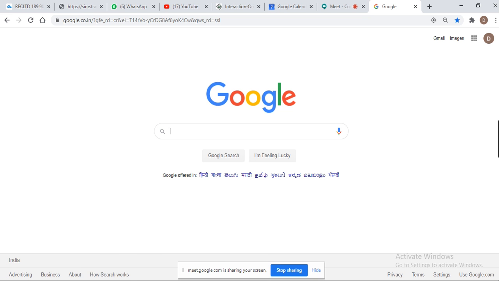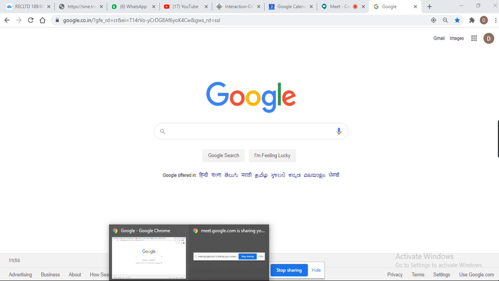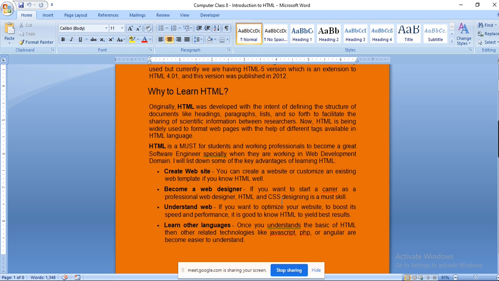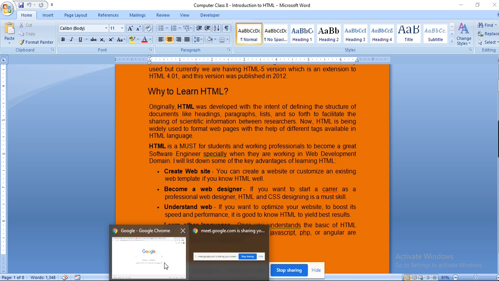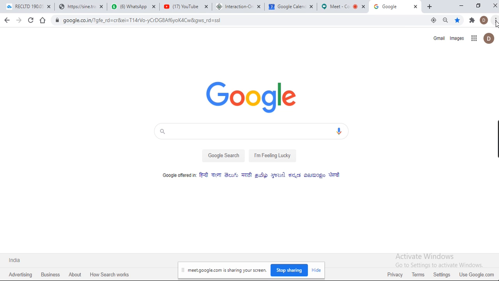So basically, the thing is that the browser only understands HTML. It doesn't know what programming languages are behind the development of the pages. So HTML basically displays the visual of the pages. Whatever you access over the net is in HTML. So let me show you how HTML looks in web pages.